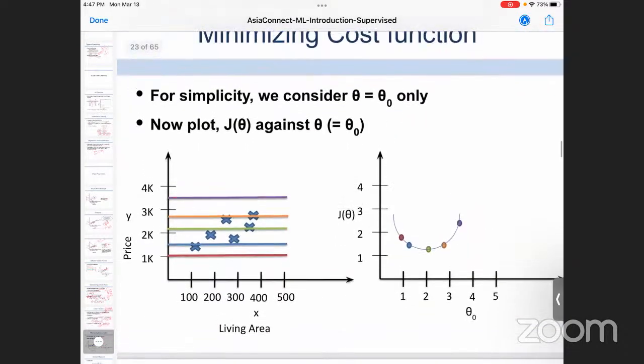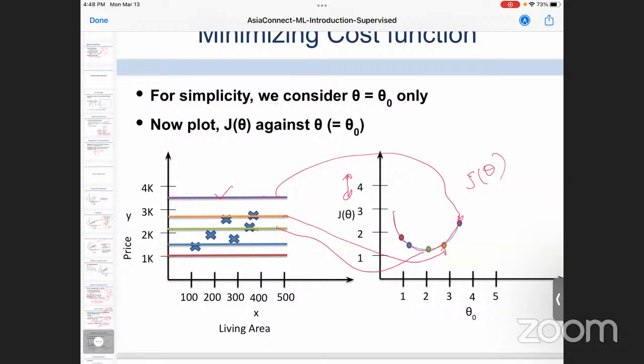So using that formula, you can take a hypothesis and put a dot here. Another hypothesis, dot here. Another hypothesis, dot here. This is basically the sum of squared error for all examples. Because for this hypothesis, the error is much higher than for this hypothesis, right? That's why this is the error, the value of J theta. Okay. So this is your function. This is called J theta.